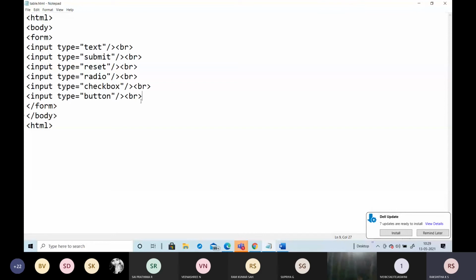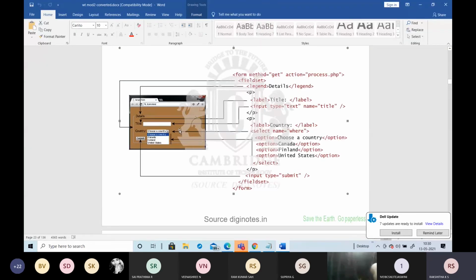To create combo boxes we require the select element. In this diagram, this complete thing we are going to call a combo box. If in that place I take state instead of country, it will show choose a state, and inside it we include the different states. To create this particular combo box, we require this element called select. So here I am adding the select.